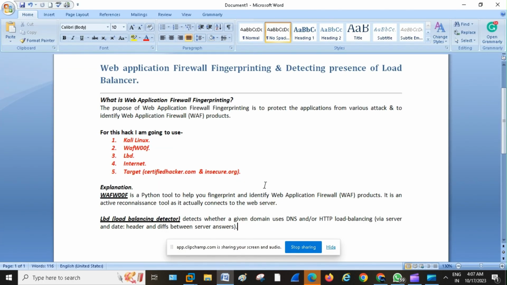In this session, I am going for Web Application Firewall Fingerprinting and detecting presence of load balancer. So what is Web Application Firewall Fingerprinting? The purpose of web application firewall fingerprinting is to protect the application from various attacks and to identify the web